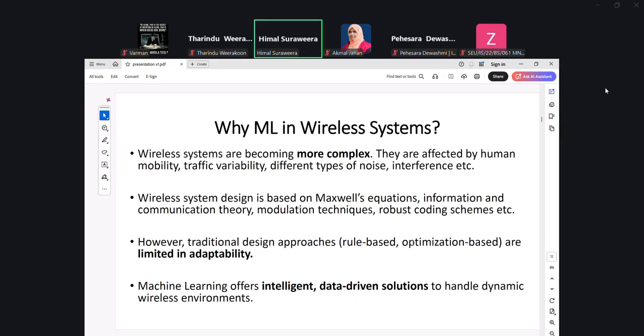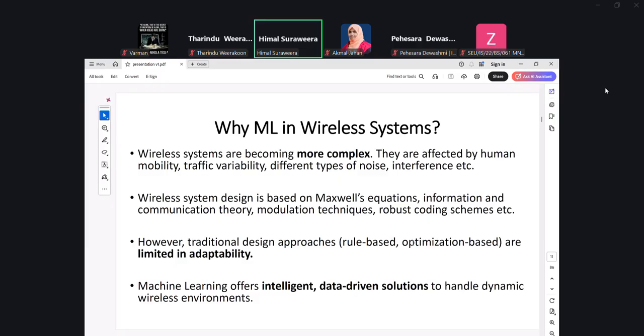So there are two aspects. One aspect is that machine learning can be used to, for example, design and optimize wireless systems. And on the other hand, in certain other applications, wireless systems can be used to enable machine learning applications.